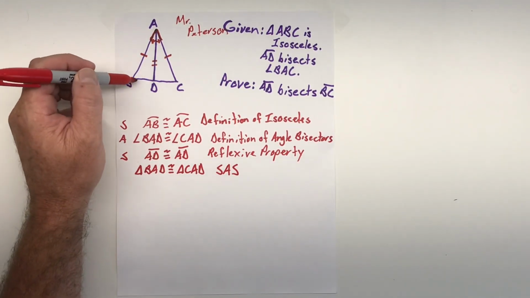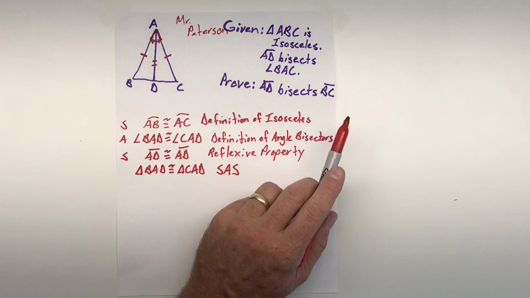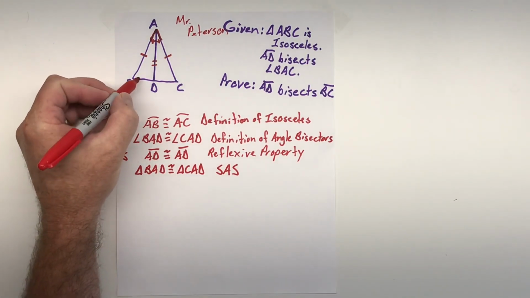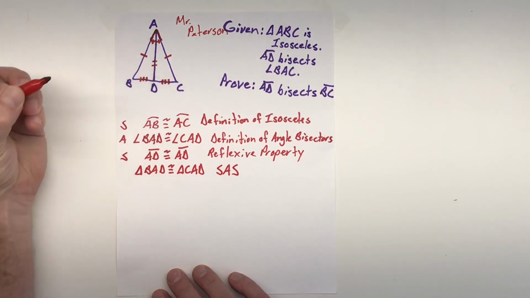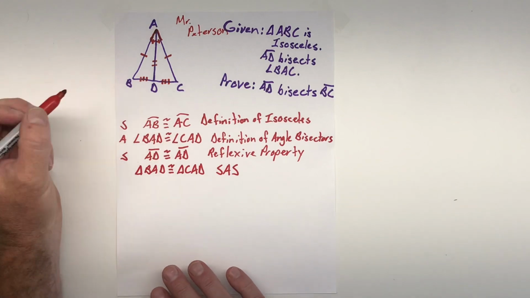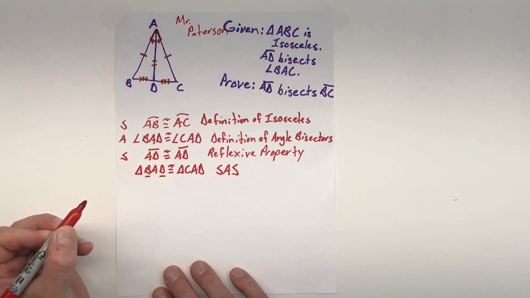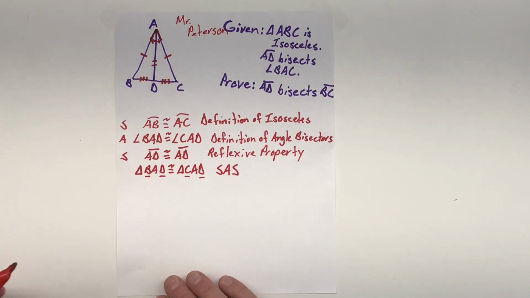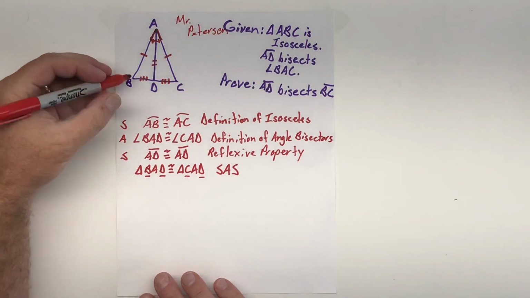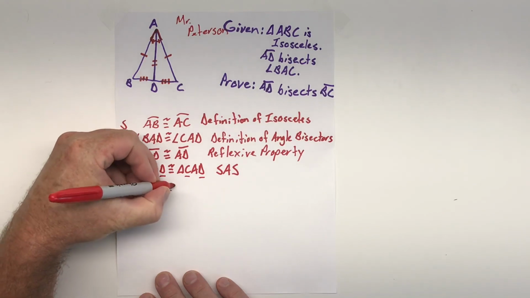Angle BDA and angle CDA are congruent, but the ones we want is we want to show that AD bisects BC, which means we need to show that that side is congruent to that side. And in fact, we can say now that those two sides are congruent because the triangles are congruent. Here's BD and here is CD in the same place in that triangle congruent statement. So those two parts have to be congruent. So segment BD is congruent to segment CD